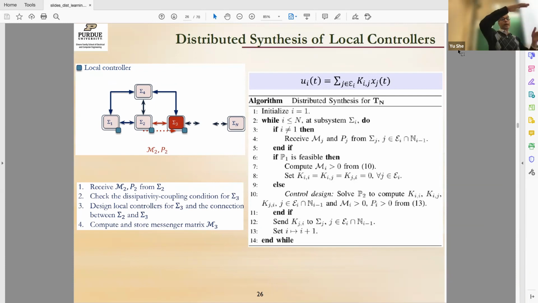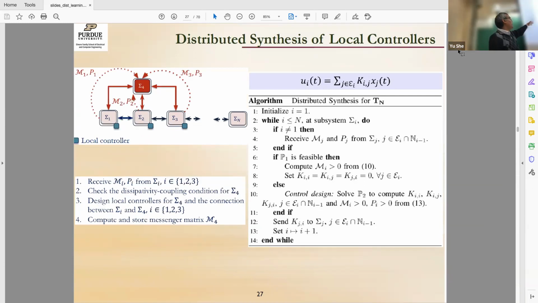So I am changing the energy profile of the entire system based only on talking to systems that I'm already dynamically connected to. Any system that comes in later, if 3 comes in later, 2 does not need to change anything based on that. If 4 comes in, now it needs to talk to 1, 2, and 3, and so on. So when the nth comes in, n does not need to talk to 1. 3 does not need to talk to 1, for instance. It's not dynamically coupled.